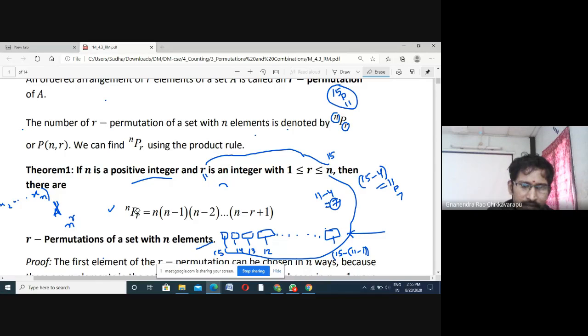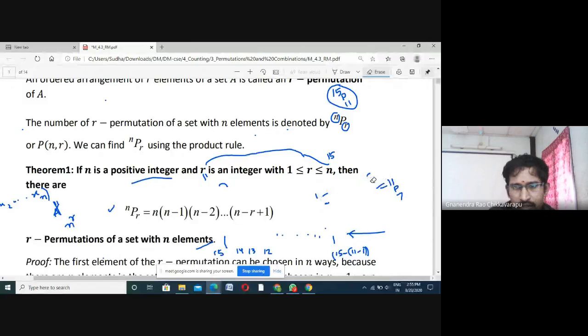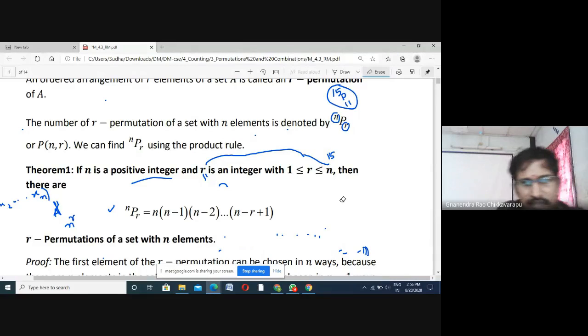P is a capital letter. So what does this denote? Again, I want to visualize this number. In order to visualize this number, I am visualizing it now through an example.